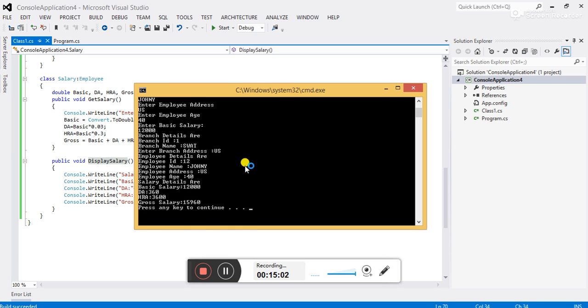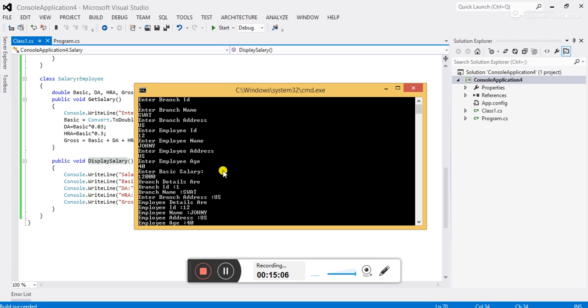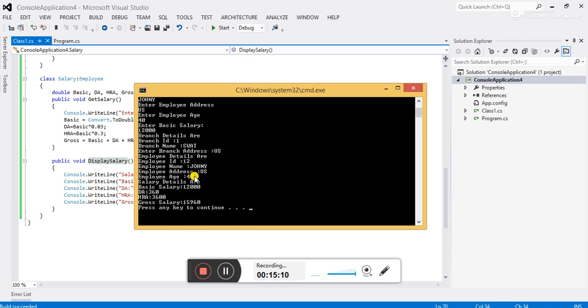Here you can see the computerized employee detail, branch detail, and their salary details also. These are the required details.